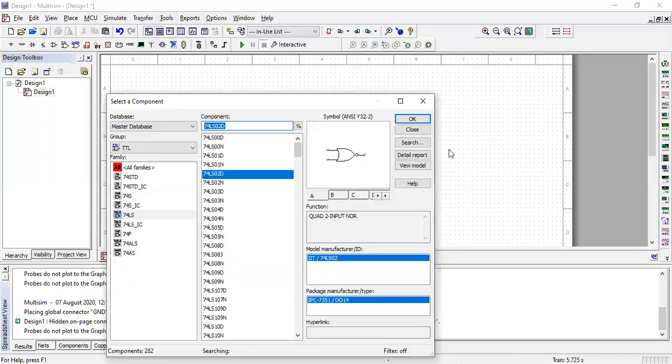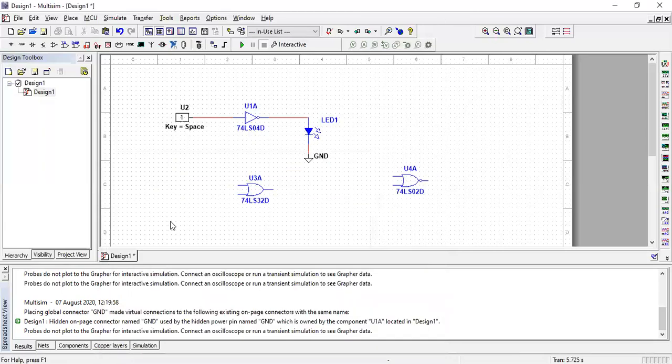Now we have to apply input to this OR gate and NOR gate. To apply the input, I am copying this input and pasting it twice for the OR gate.